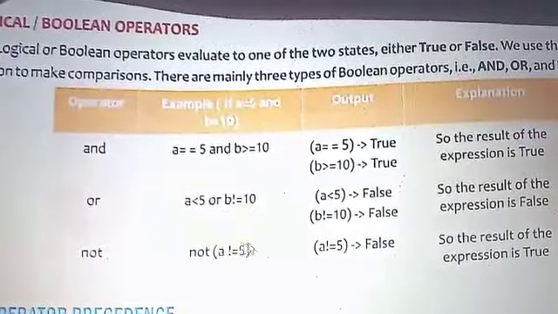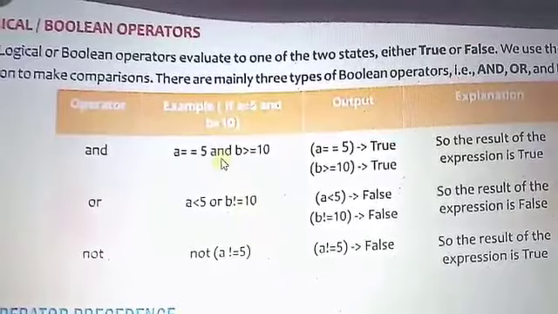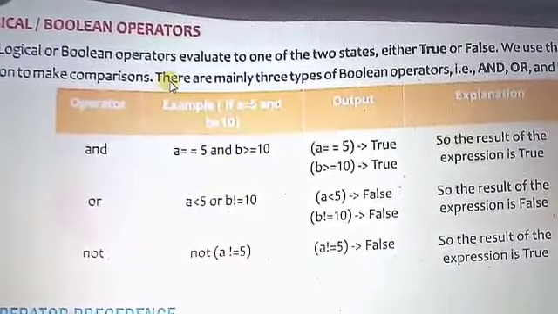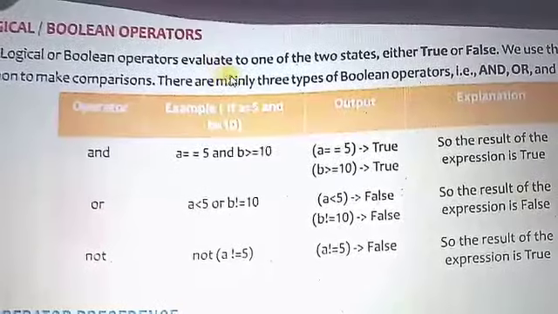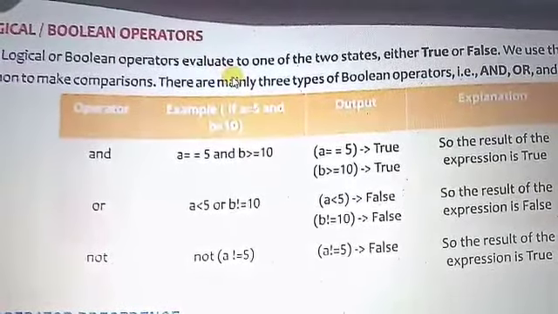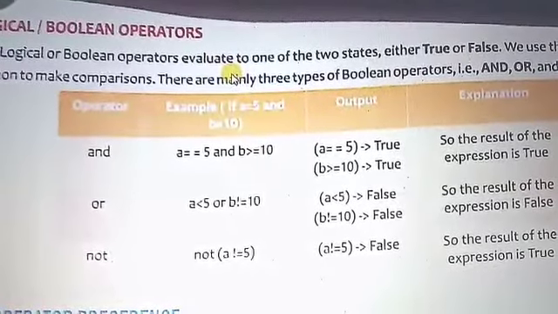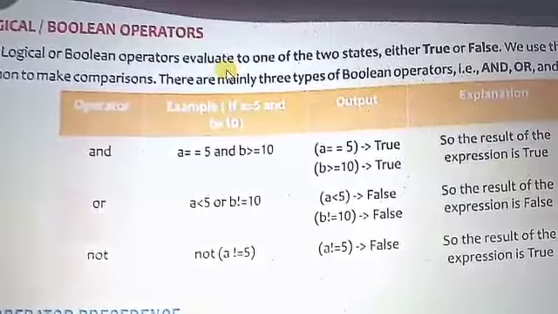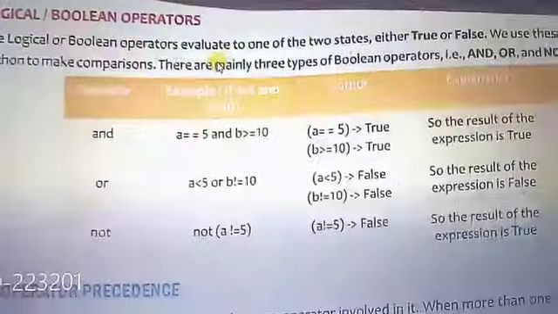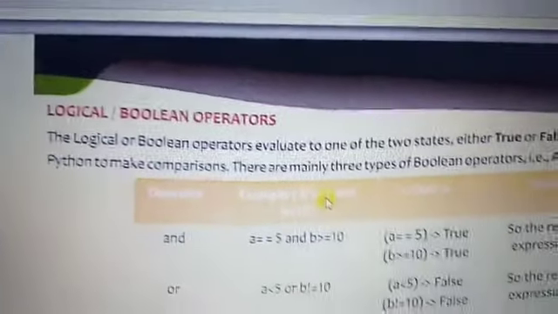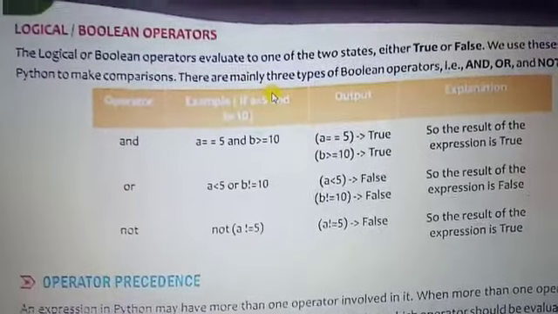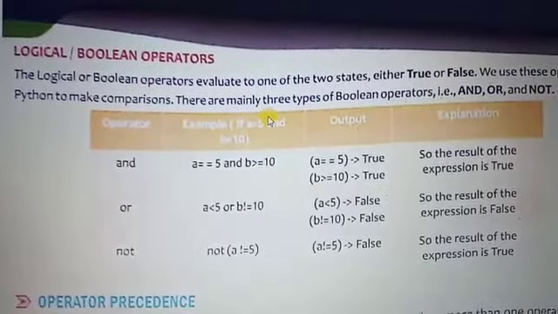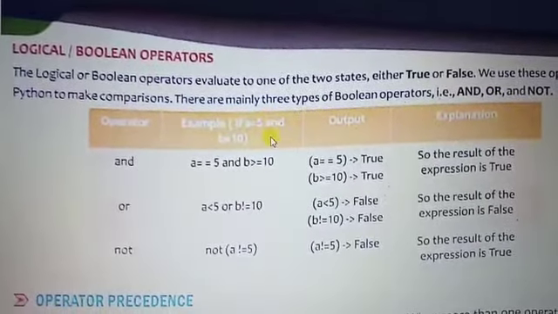So this is the theoretical process of logical operators, and it is called a boolean operator because it gives the output either true or false. That is why it is called a boolean operator, because a boolean contains only two kinds of value, either true or false. Okay, so now we can do it in a practical manner.